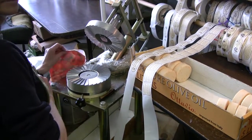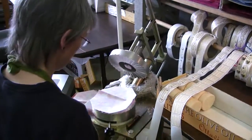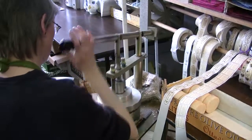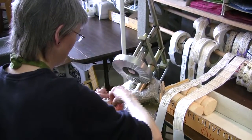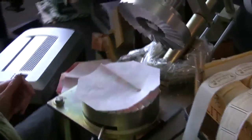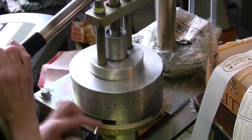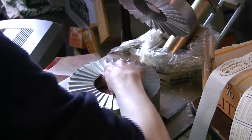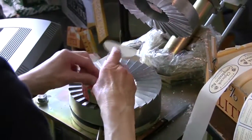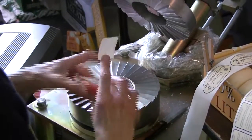The pleat wrapper helps to create the pleats instead of our thumbs doing it all the way around the bar of soap, and it's been great. We wrap around 60,000 bars a year, so this particular machine does just the ovals. I think I go with none at all. We hand cut the paper right here with our handy cutters and quilt soap, quilt papers. We do have our quilt soaps that are wrapped in fabric, and those are hand